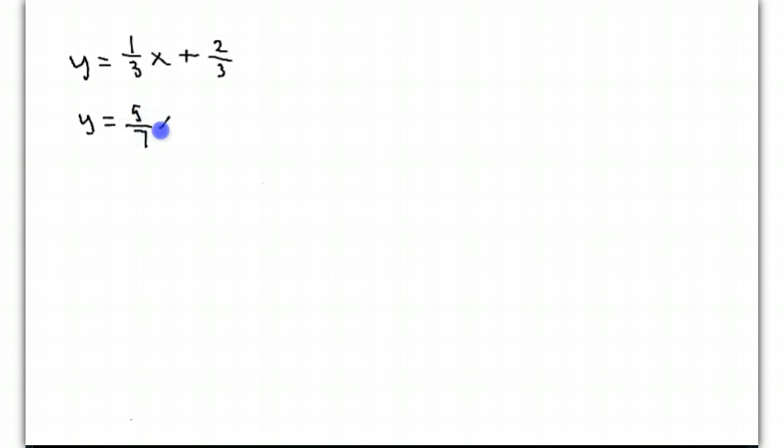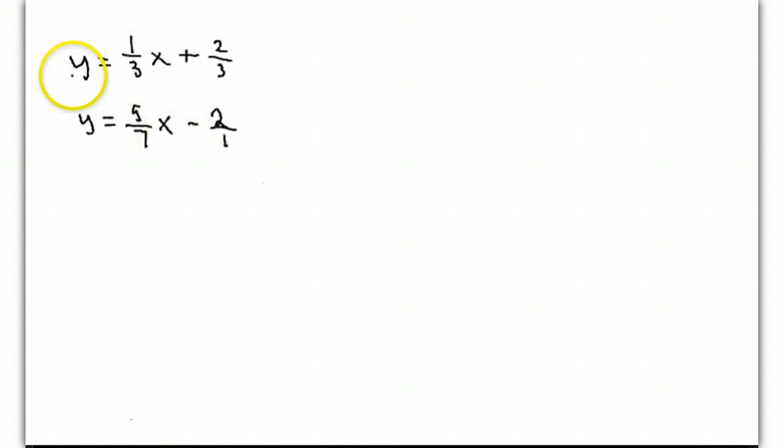Let's say they give you fractions, so let's say they give you y equal 1/3 x plus 2/3. And then the other one is y equal 5/7x minus 2. Well, that minus 2, you can make that a minus 2/1. So when you look at this,